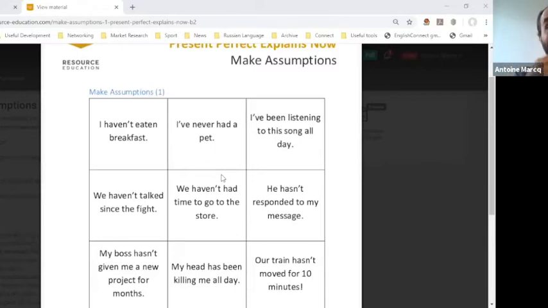What's sure is that that person probably doesn't know the right way to bathe a pet, to feed a pet. So you see, there are quite a lot of assumptions you can make for each card. I've been listening to this song all day. Depending on the intonation of the person, I can either assume that this is this person's favorite song at the moment. Like they can't stop listening to it. They love it. They absolutely love it. Maybe they just discovered it. Maybe they just heard it at a concert. They were just moved by the concert and they can't stop listening to it.